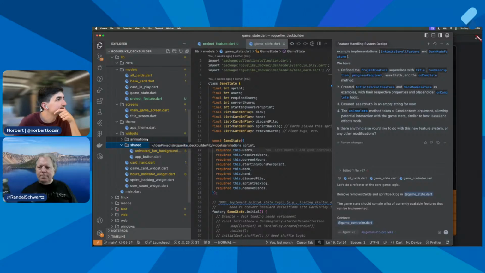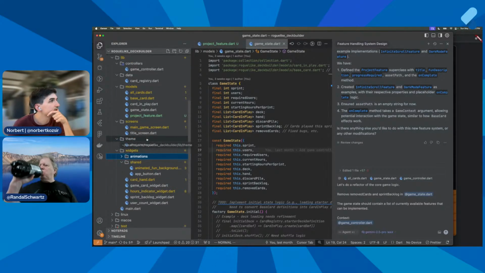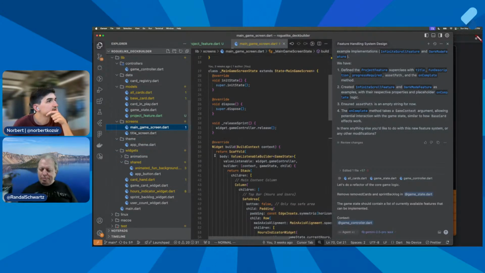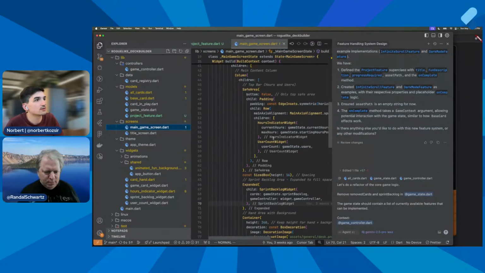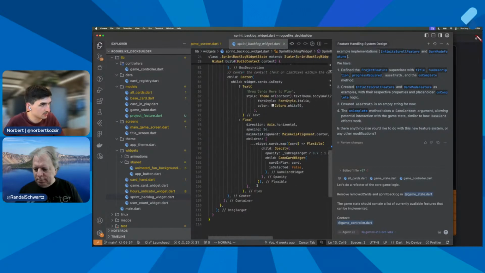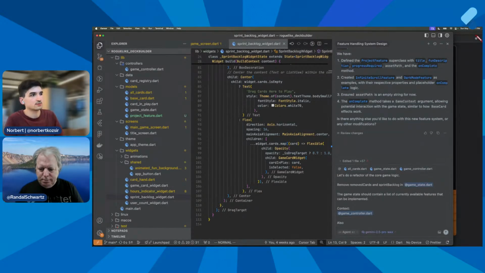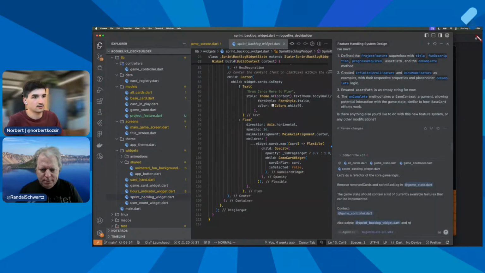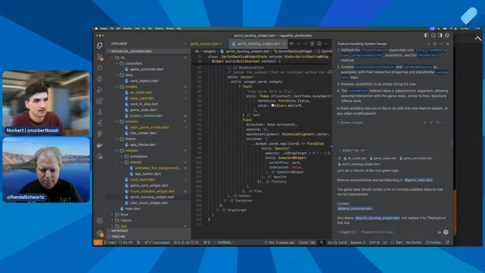We have main game screen, hours indicator, sprint backlog widget, right? We have the sprint backlog widget, which we don't need anymore because we don't have the notion of backlog anymore. Also delete and replace it by playing area that should